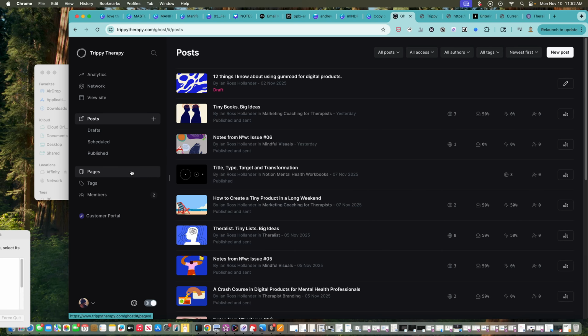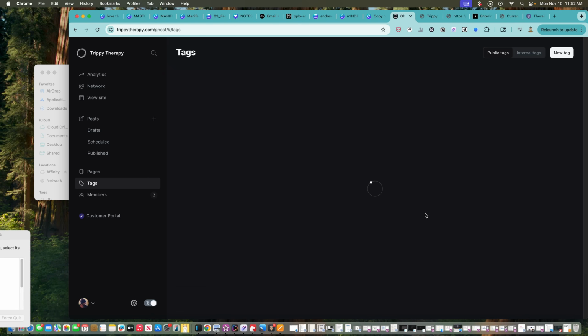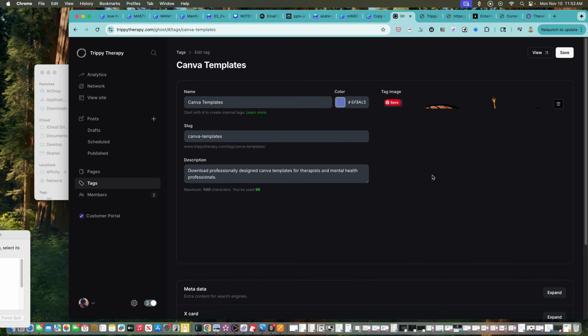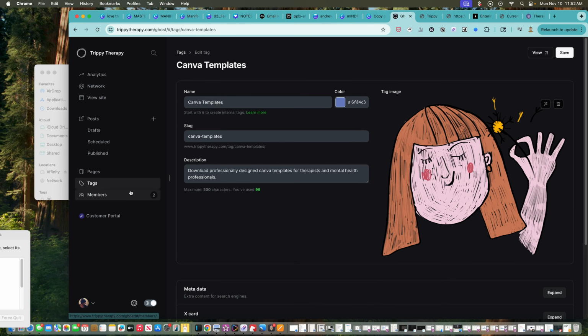All right, so we're going to cover some of the different things that you can do. Here are the tags. This is a custom theme that I purchased, and we're making some edits to it. And I'm using hosting, actually, not from Ghost Pro, but from a company called Magic Pages, which is the first time I've actually used their hosting platform, and so far it's been a great experience.